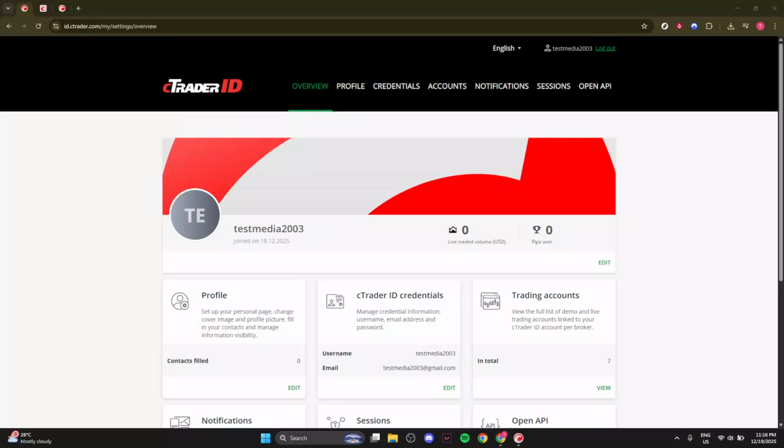In today's video, I'm going to teach you how to remove accounts from cTrader. By the end, you'll know exactly how to clean up your account list so only the profiles you actually use are visible. First, open cTrader on your desktop or in the web version and let it load to the main